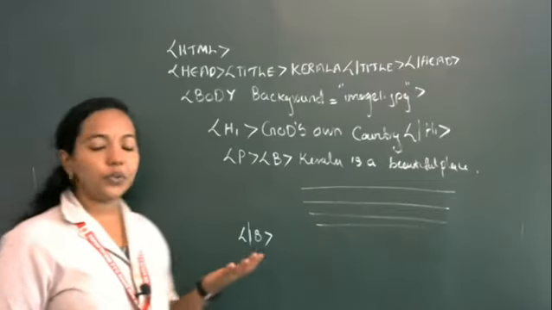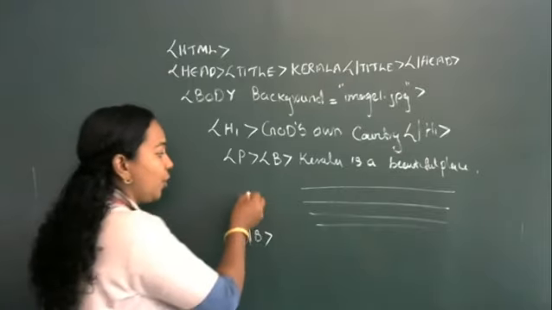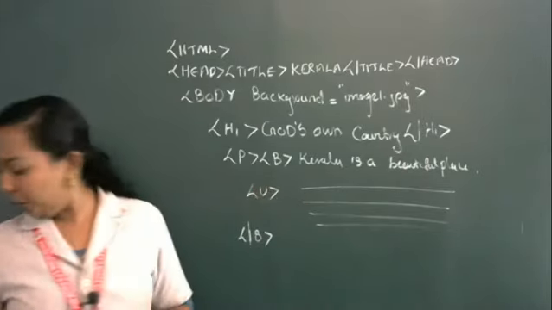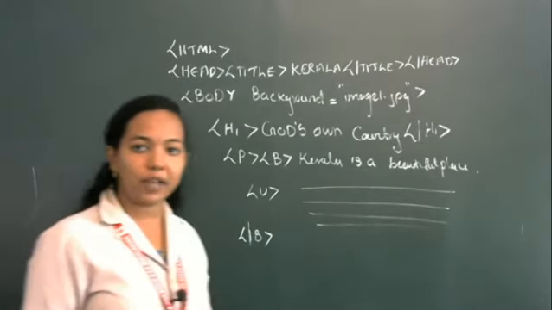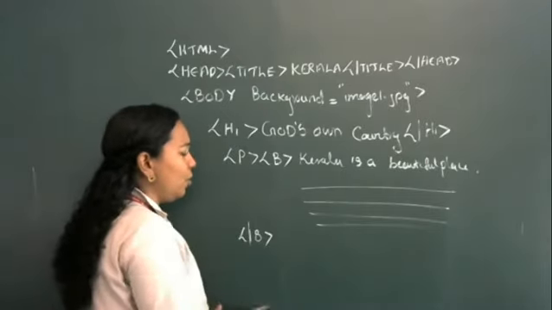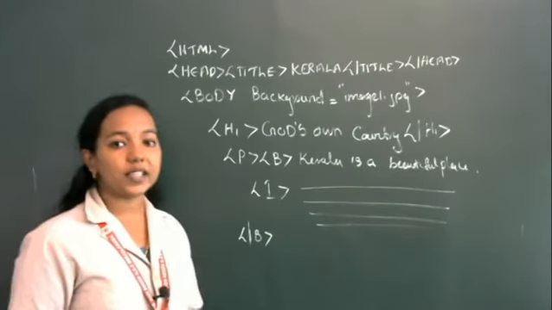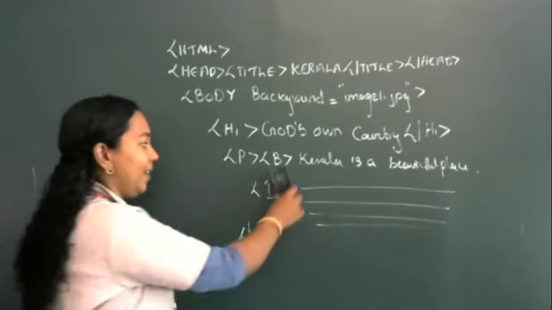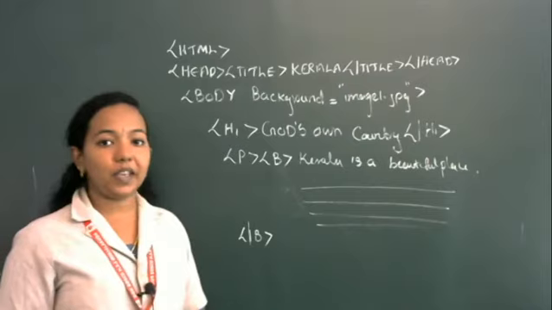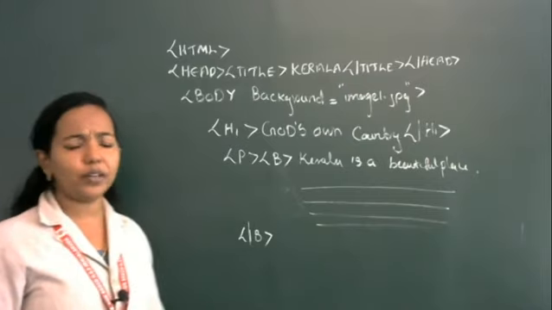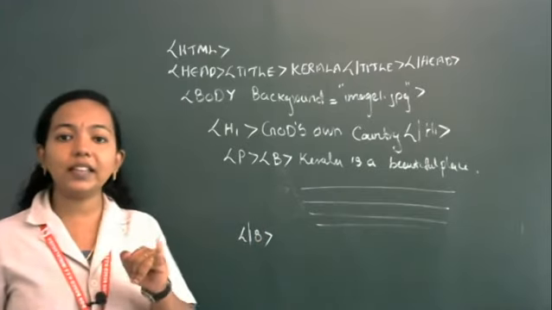Suppose you want to underline all these sentences, then which tag can we use? U tag. Suppose you want to convert all these 5 sentences into italic format, then instead of the U tag you use the I tag. Then for including subscript we use the SUB tag, and for superscript, the SUP tag. That is also possible, but it is not necessary for a paragraph. So the necessary text formatting tags are